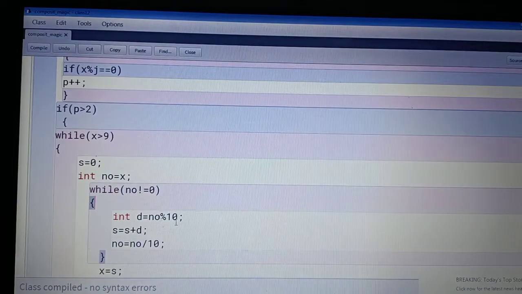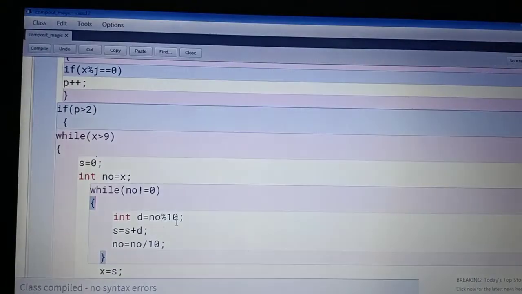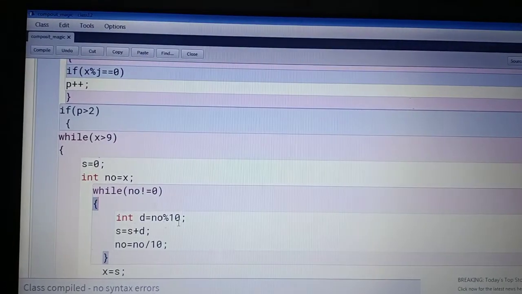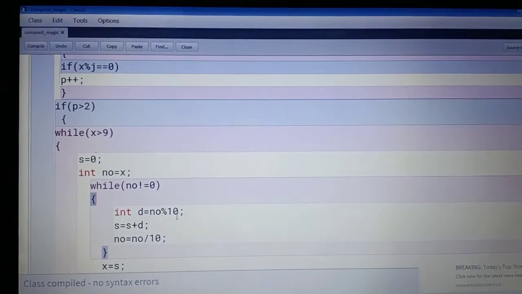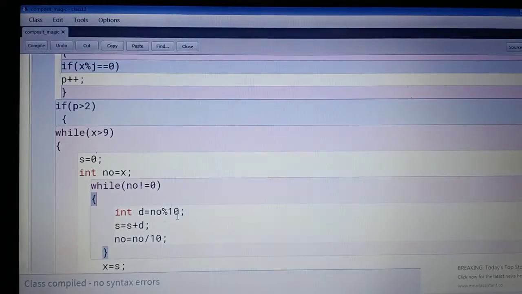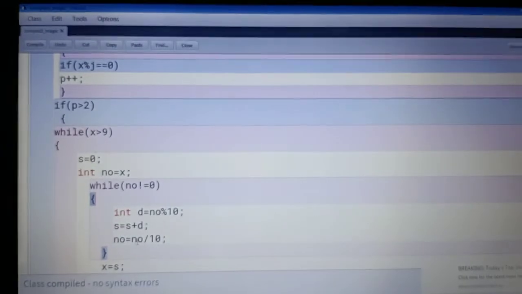Take another variable d and store the last digit, no mod 10. So it stores the last digit. Then s is equal to s plus d, which stores the sum of digits. Then update the value of no: no is equal to no divided by 10. Here we close this loop. So this loop is responsible for finding the sum of digits.